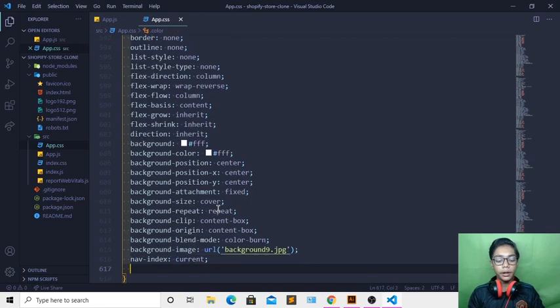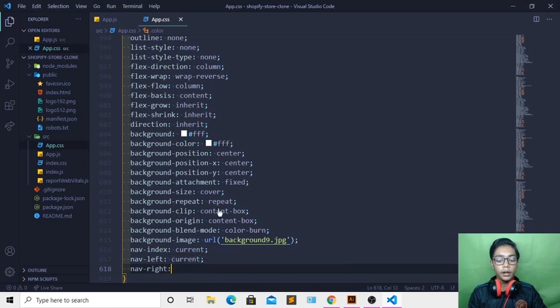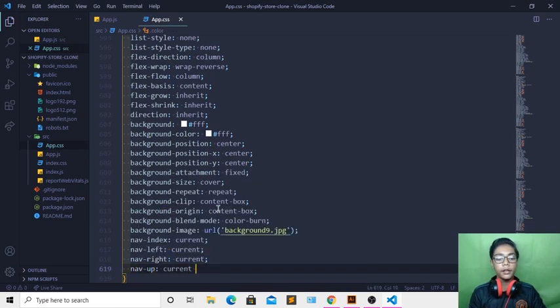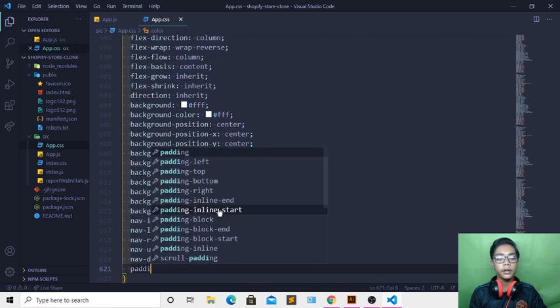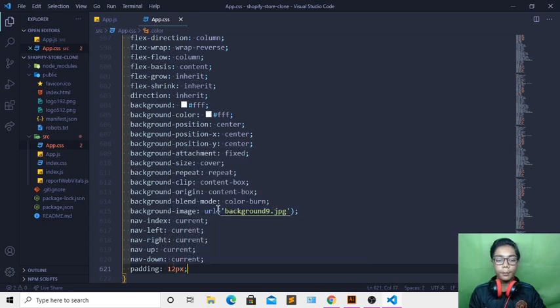Now I'll be just coming underneath creating nav left which should be current. Then I will be writing nav right current, and you have to also create another thing which should be nav up current, and create nav down which should be current. So here when you've done all that, just come underneath, create padding which should be 12 pixel,